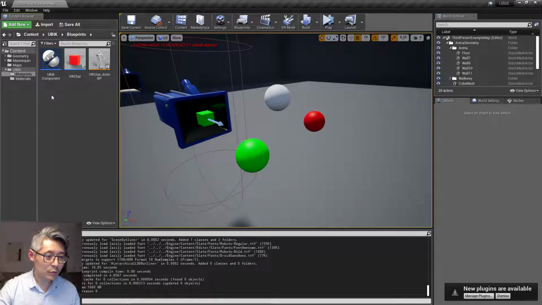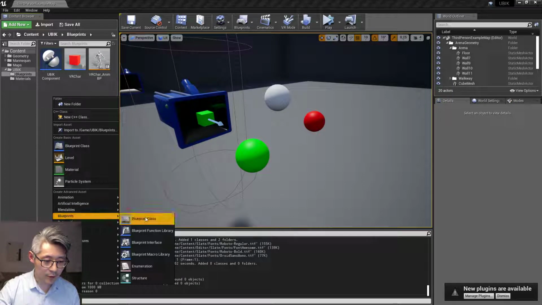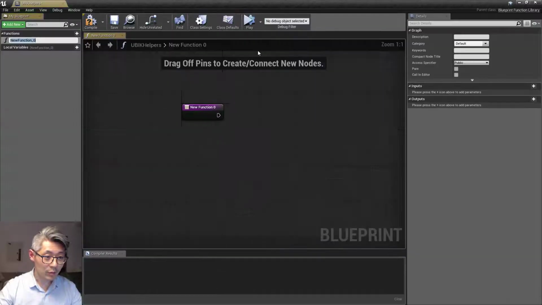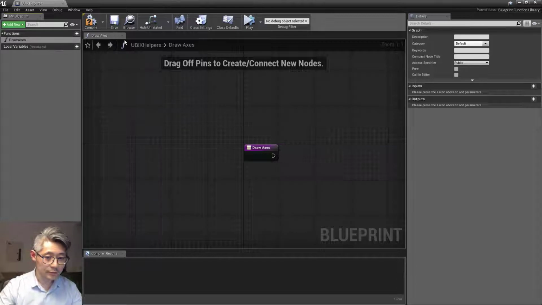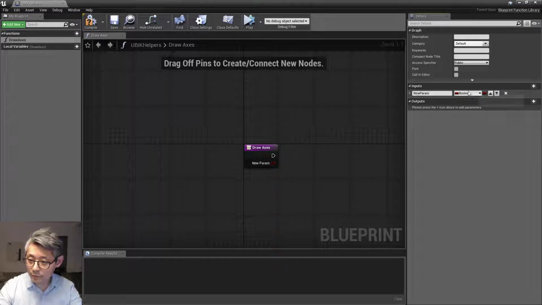For this, I would prefer to create a blueprint function library. We're just going to call this UBIK help something, and let's create a function called DrawAxes. And what this is going to do is to take in a transform like so,